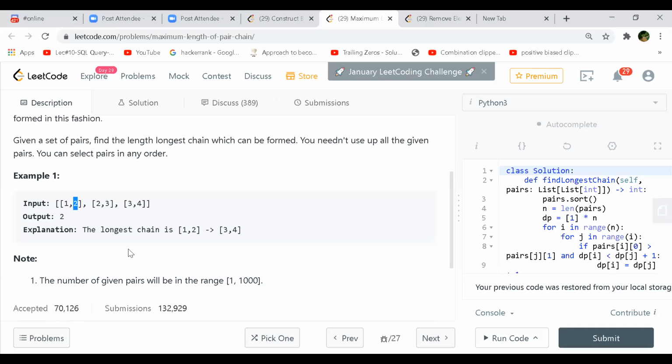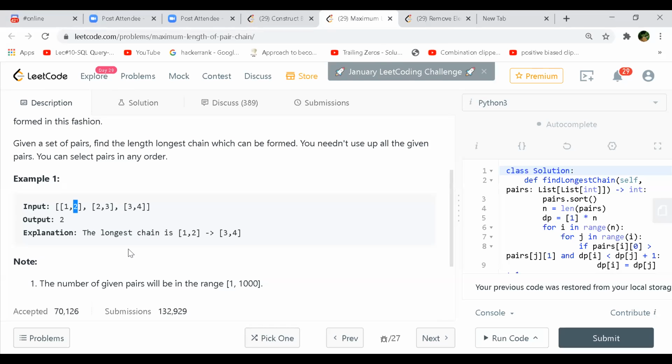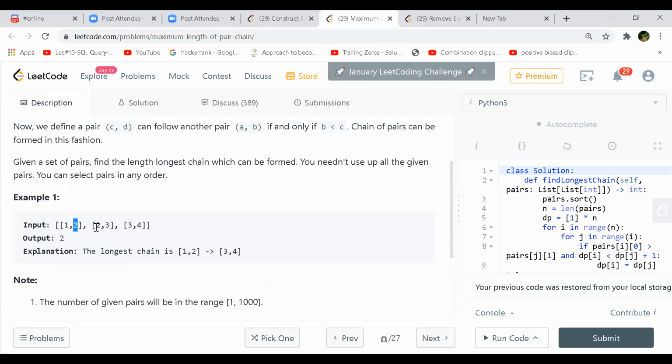So in that case, what would we do? If it's a brute force, take every pair and check its second number is less than the second number of next, the rule they are saying, right? In the brute force, if you don't sort it, I will go and look for the lowest pair in the chain, then pick that, and from that again I will start looking in the whole input array for the next greater one.